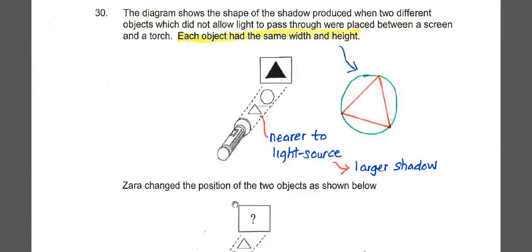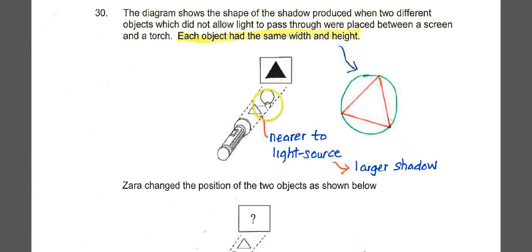Now this is interesting. Over here, the reason why the triangle is there is because the triangle is nearer to the light source, therefore its shadow is larger than the circle. Now this is true if in the first place each of these objects, the circle and the triangle, are of the same size. It means the triangle will not be bigger than the circle. Neither is the circle bigger or smaller. They just cover each other like this. But because the